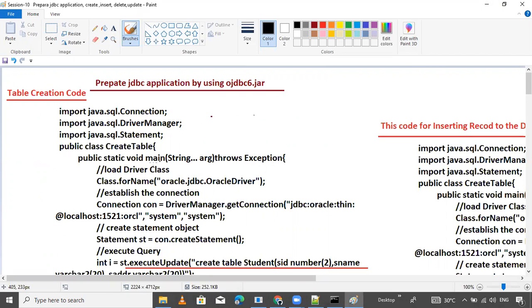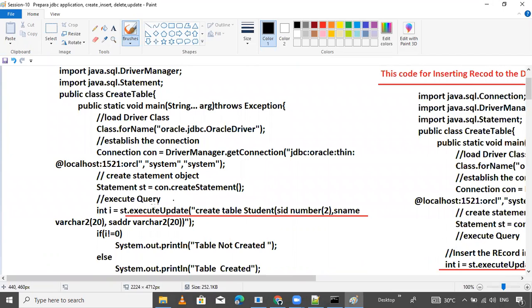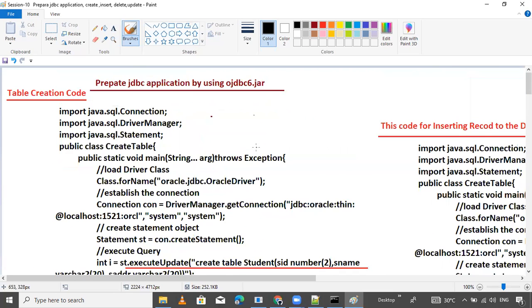This is the last program to create table statically. We are providing the table name in that program. But now in this session, I will show you how to provide the table name by using user input. Okay, dynamic, called dynamic input. You can call it dynamic input also.